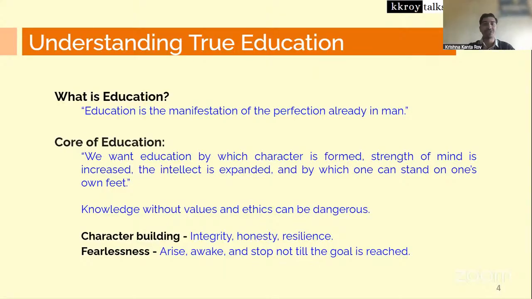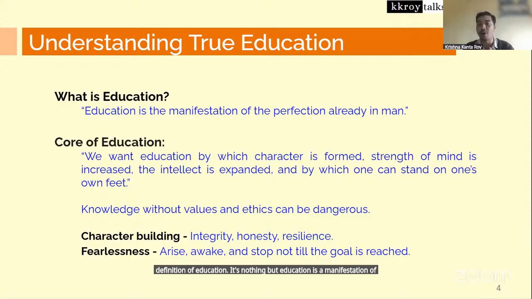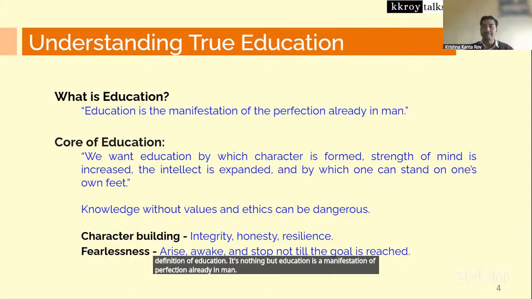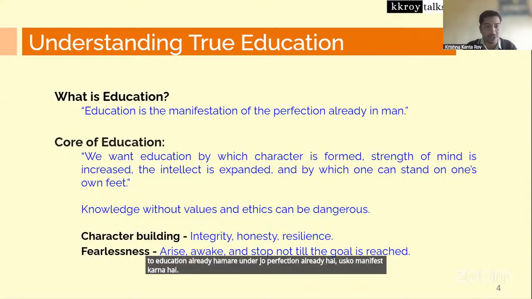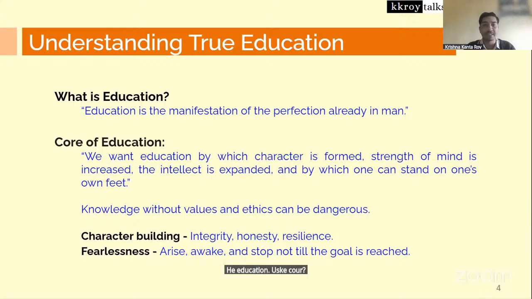जो मुझे पसंद है वो मैंने लिखा है, और वो मैंने जस्ट टेकन फ्रॉम स्वामी विवेकानंदा's डेफिनेशन ऑफ एजुकेशन। इट्स नथिंग बट एजुकेशन इज द मैनिफेस्टेशन ऑफ परफेक्शन ऑलरेडी इन मैन। हमारे मैन को आप जेंडर वो मत बनाइए, मैन इज ऑल, एवरीवन। तो एजुकेशन एक ऐसा है कि ऑलरेडी हमारे अंदर जो परफेक्शन ऑलरेडी है उसको मैनिफेस्ट करना है ही एजुकेशन। उसके कोर फीचर्स क्या हो सकते हैं? उसके कोर 2-3 फीचर्स हैं।